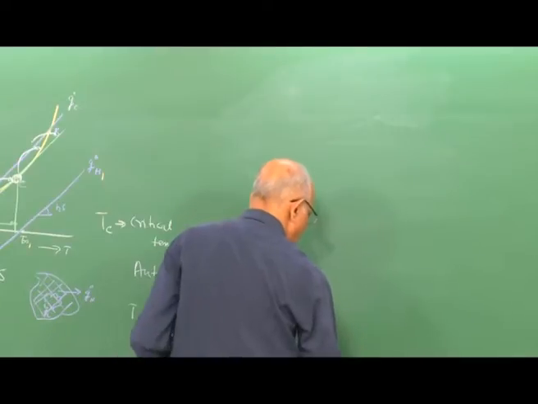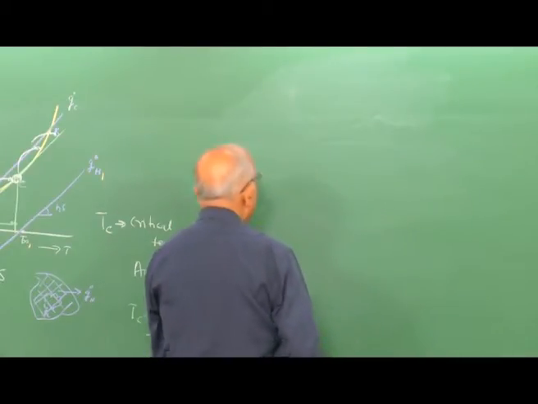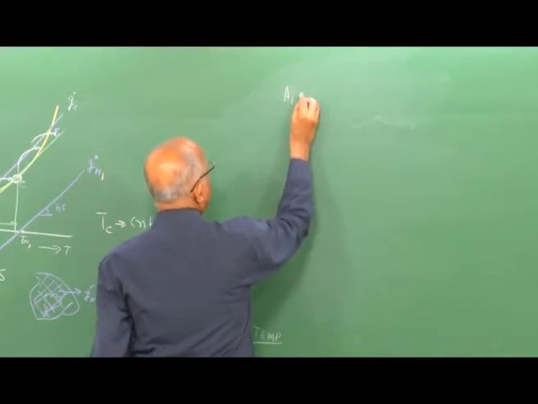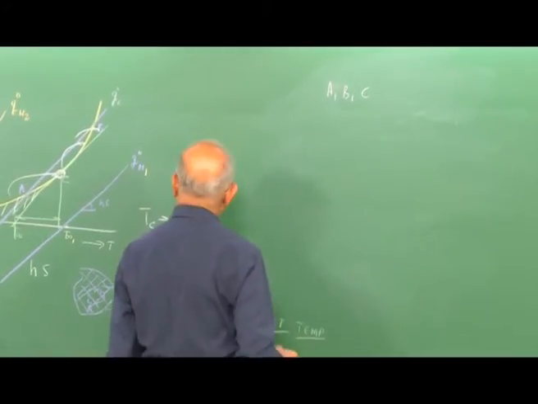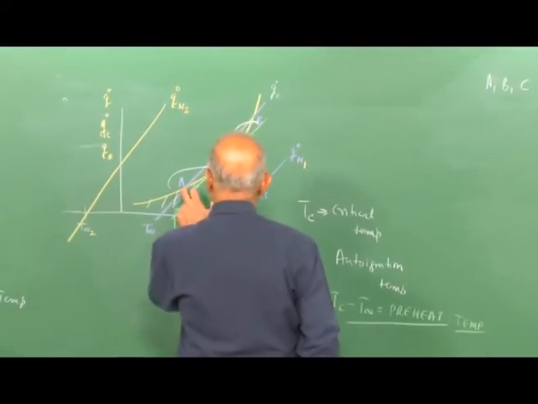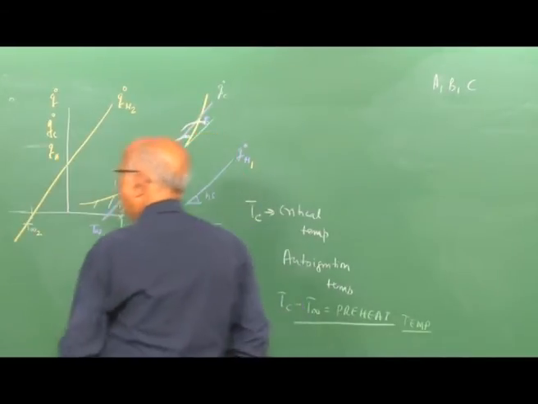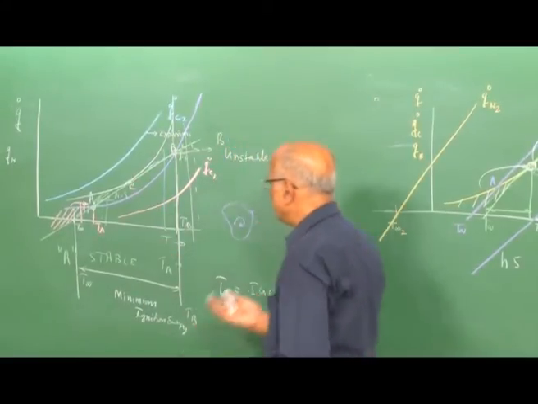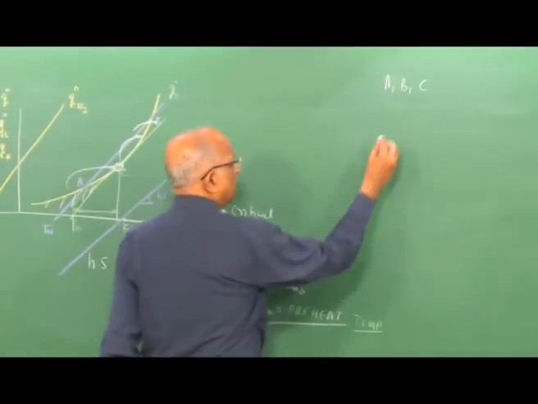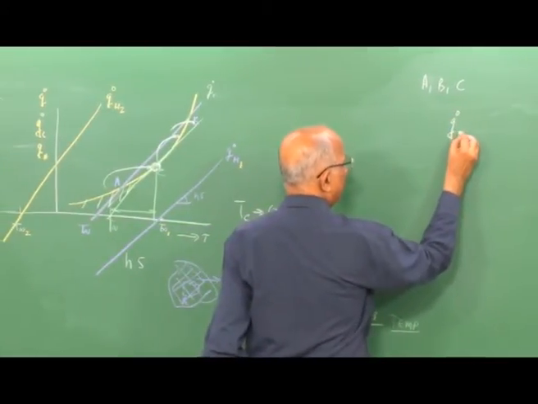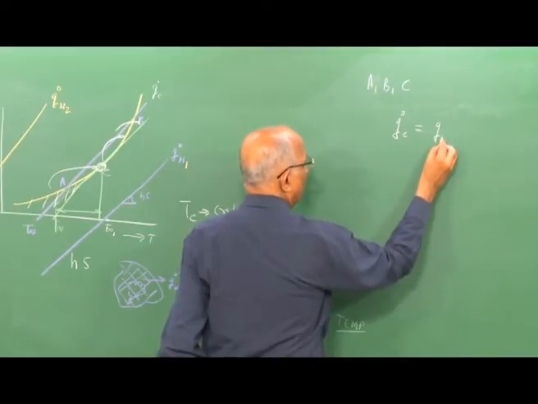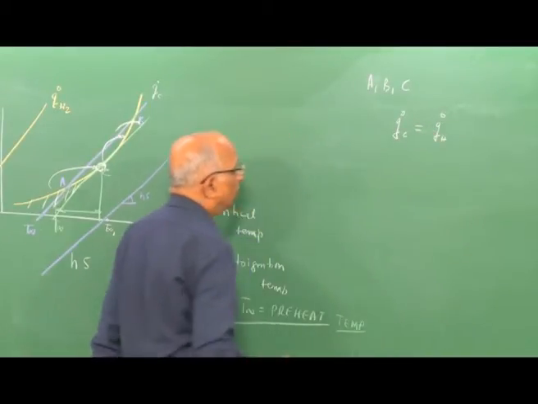We tell ourselves maybe at point A, at point B, at point C, what is the commonality at A, B and C? Well, in these cases both the heat generation rate Q̇c is equal to Q̇H.